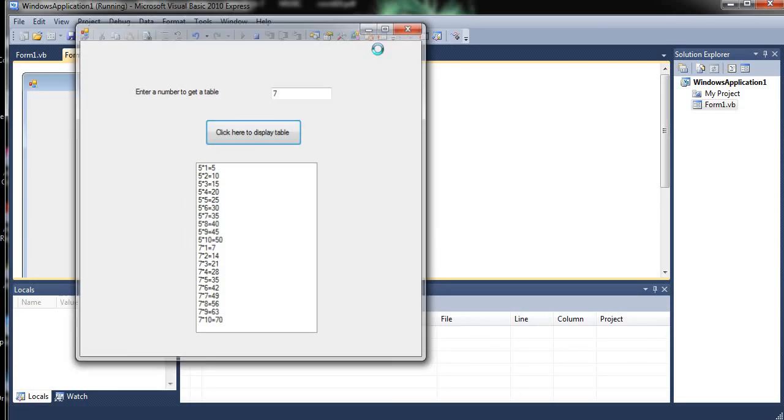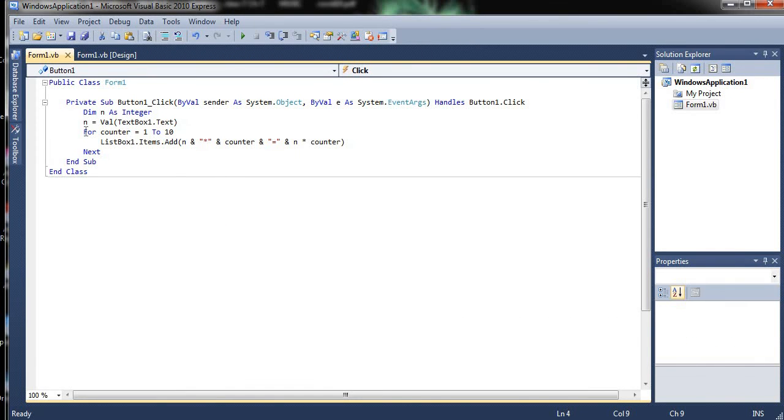I hope you understood. So here in this also you can see the commands. First we have created one variable n, and then we have taken the input from the user and stored it in n, and after that in the third line we have used a for next loop to execute this counter from 1 to 10, right? 10 times, we want to start from 1 and end at 10. So in list box 1 what will happen? It is changing the counter, right?